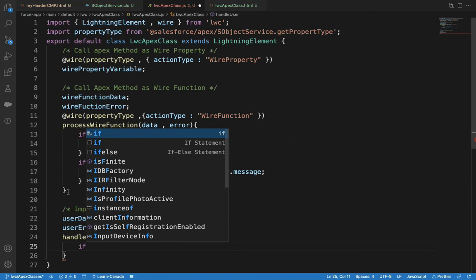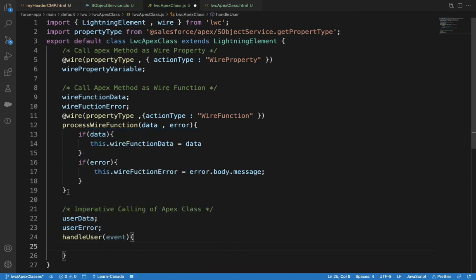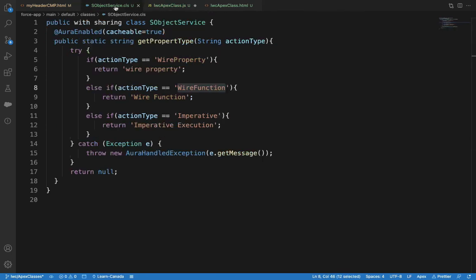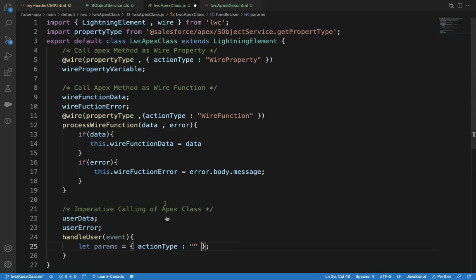First let's say let params equal to. First we'll define all our params. What are the params we have? Only one parameter in this case, actionType colon double quotes. Let's go back, imperative. So I define my Apex parameters, and then